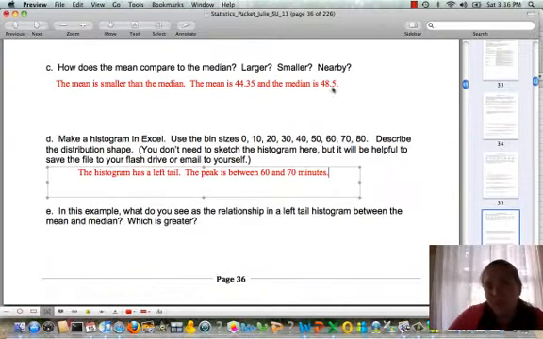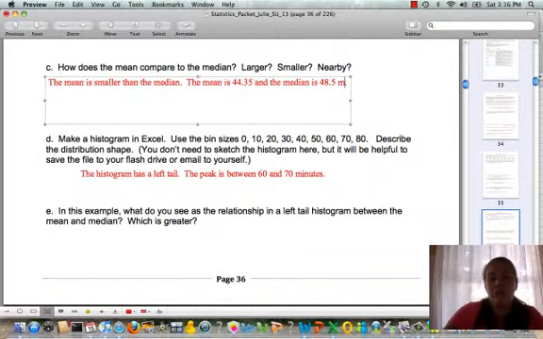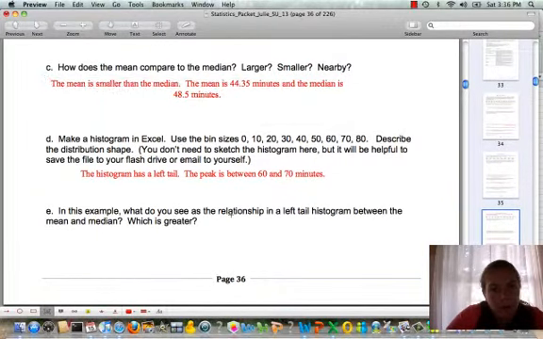Okay, and remember our units are in minutes, so I'm going to go back up here and make sure that I label these as 48.5 minutes and 44.35 minutes. So don't forget to include units in your answers. You want to get those habits so that when I'm grading your test, I don't have to take points off